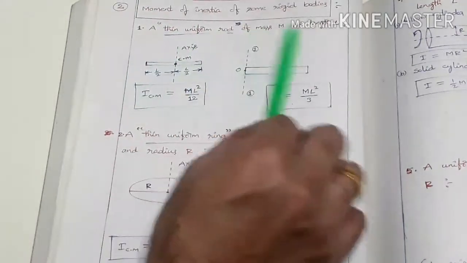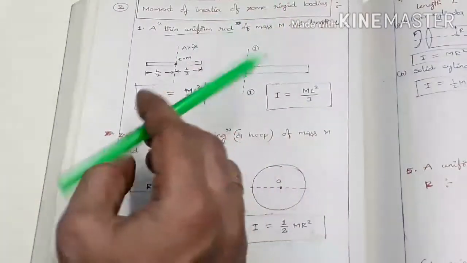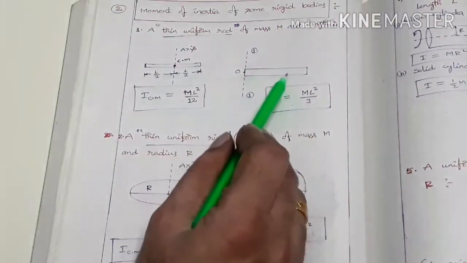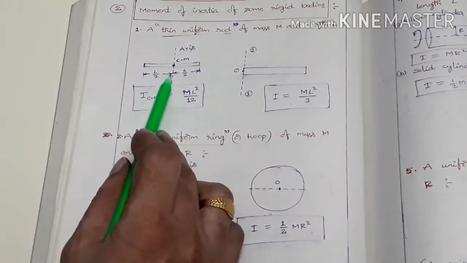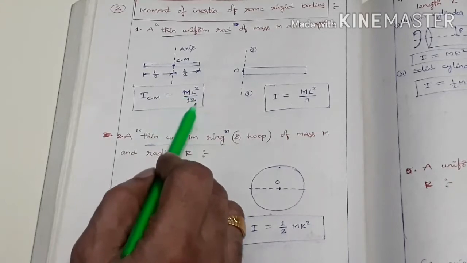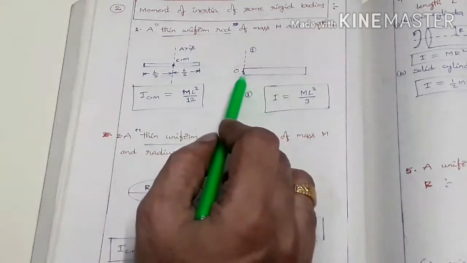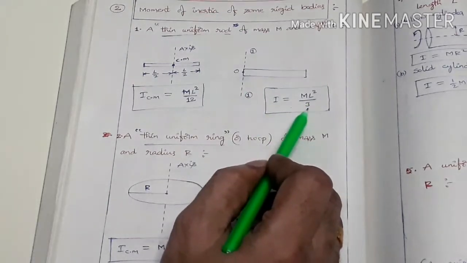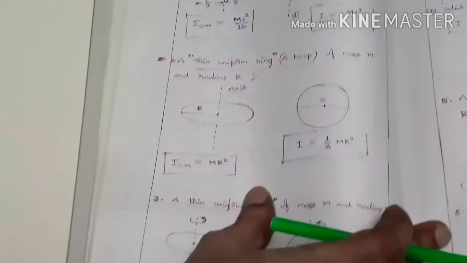So both axes are perpendicular to the length, but in one case it is passing through the center of mass, and in another case it is passing through the end of the rod. So for the axis passing through the center of mass, moment of inertia ICM equal how much? ml square by 12. And for the axis passing through its end point, I equal to ml square by 3. So next one,